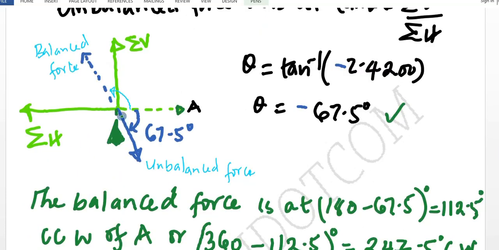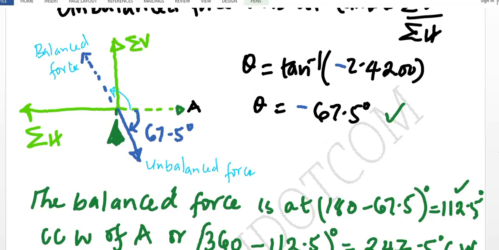That means the balanced force, or the force that balances the system, is going to be equal in magnitude, but is going to be in an opposite sense to this unbalanced force. Therefore, it will act along this similar line, but now we need to determine the angle with which it makes from the horizontal. Then I will move my arrow from A in a clockwise direction. I will measure this angle, and this angle is going to be 180 minus 67.5, which gives us 112.5 degrees. Or if I measured it in a clockwise direction, then it would be